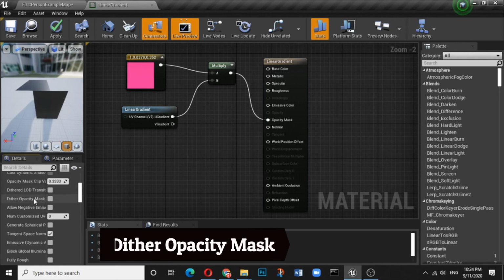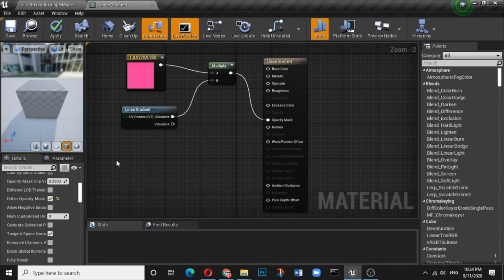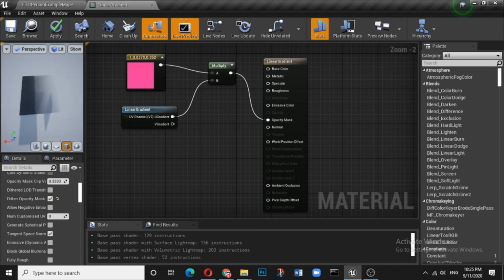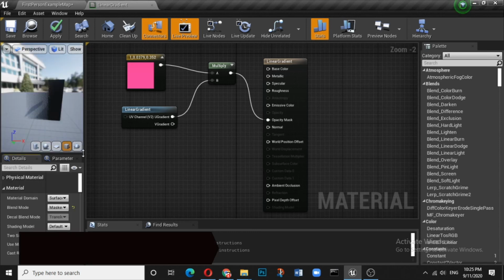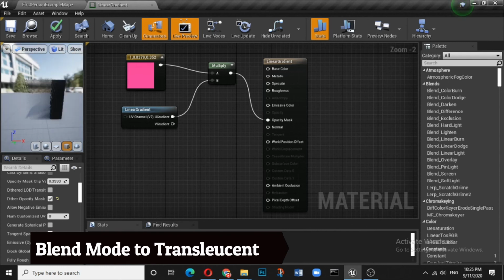You have to select opacity masking, and we have already selected it. Now you see a sort of gradient, but it is not a gradient. It is just giving a feel that it is a gradient, but it doesn't work. And again the color is not working.